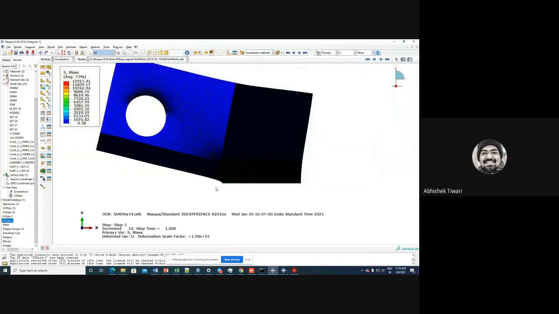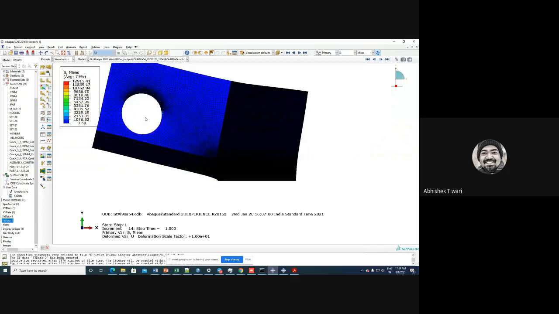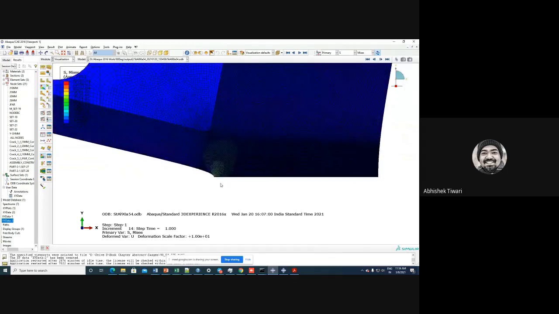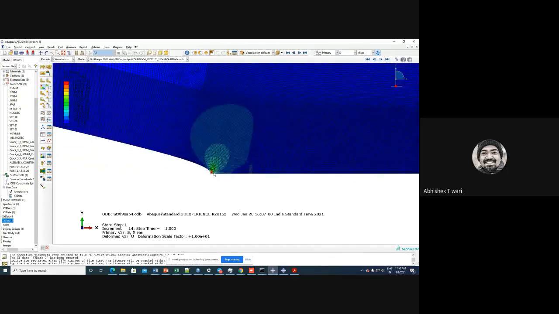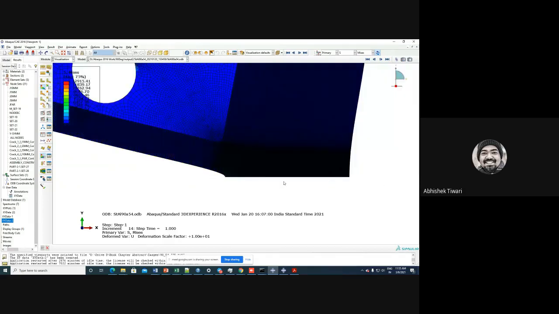And so this thing is going up, and because of that, the crack is opening up. And in this model there is no damage, so once you reach the damage criteria, these elements will fail and the crack tip will move and keep on moving until it separates the whole specimen.